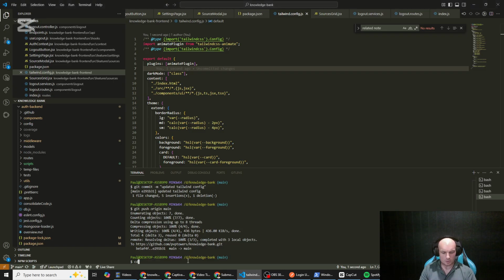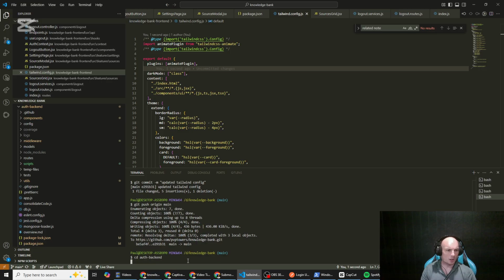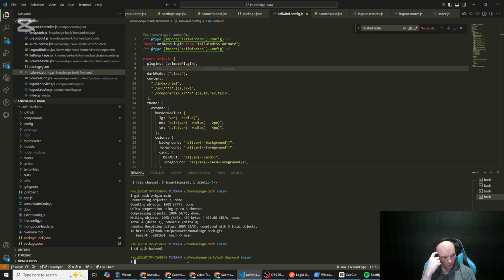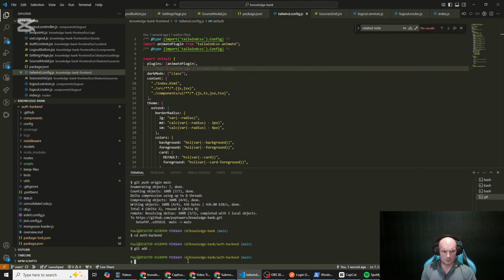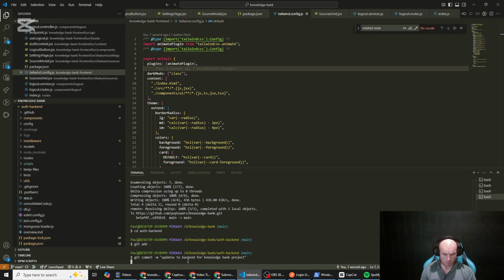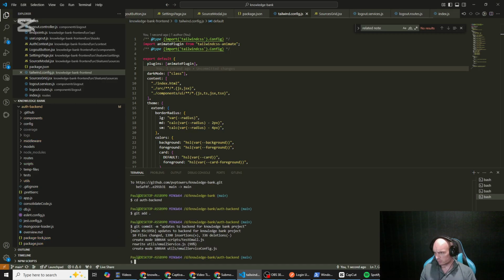So we need a cd into auth-backend, and I know I didn't really want to do this because there are some changes that I made that aren't going to be reusable in other projects, but I'm moving away from the idea of using a reusable submodule anyway, so we're going to just go with that. So we'll go git add, git commit, update. I'll call it specifically for that project, and then if I need to, I can always reverse them. We'll push that,